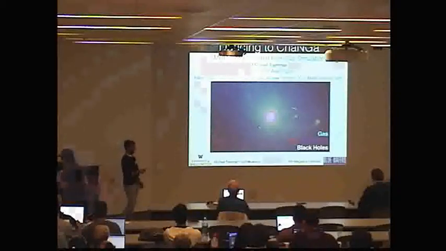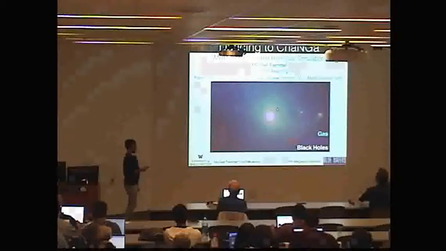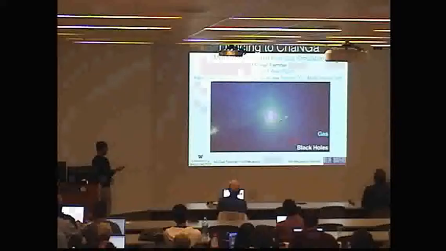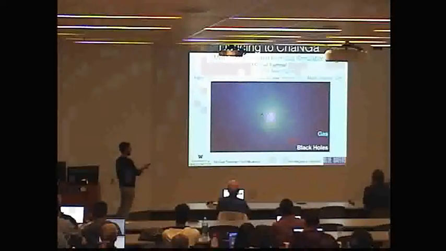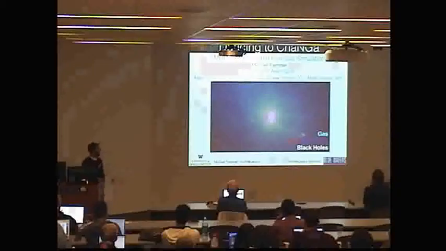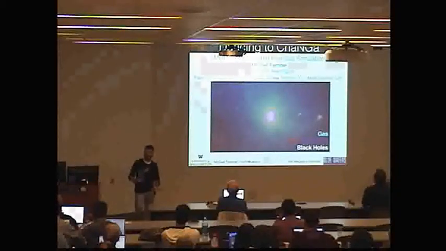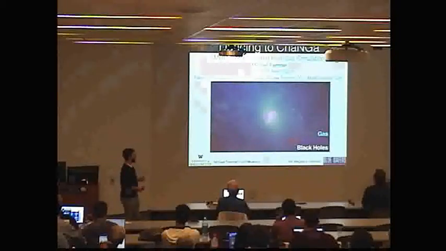So what I'm showing here is an example cosmological simulation of a galaxy. It's on repeat. These white dots here represent black holes in this galaxy, which also has a black hole at its center. And you can see the variety of different orbits these black holes have within this galaxy. You can see this one right here coming in for a merger, and the black hole will very quickly sink to the center here. What this is meant to illustrate is if you actually resolve the dynamics of the black holes in these simulations, you come up with a variety of different orbits that exist in the same galaxy.